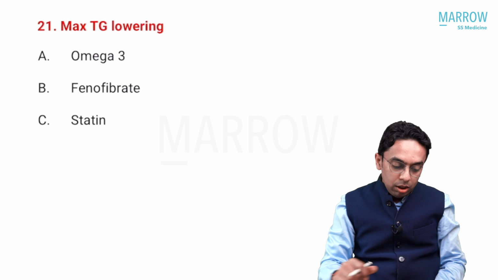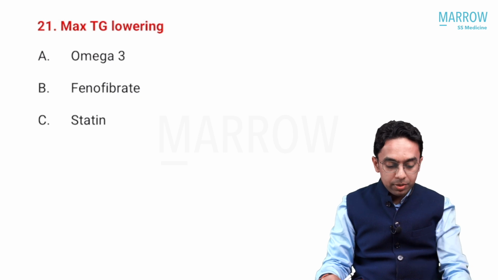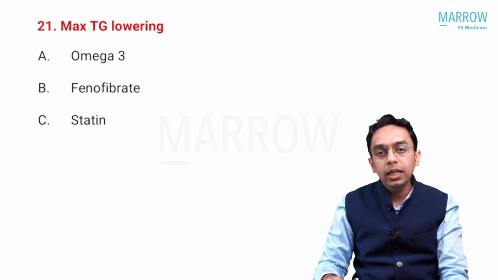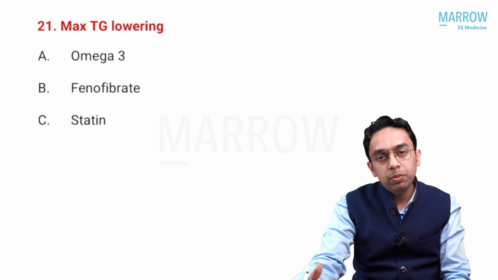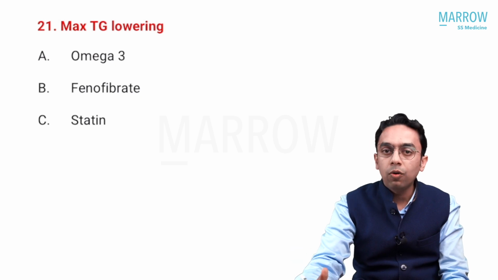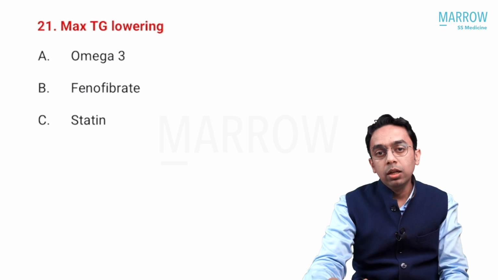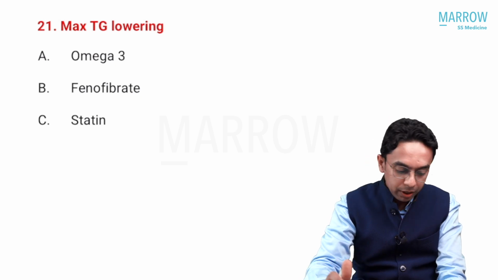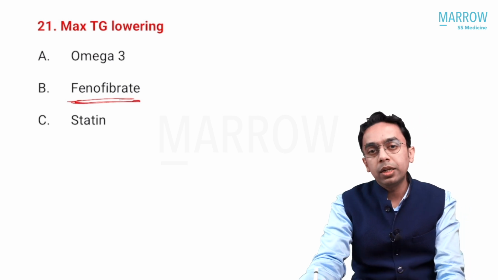Okay. Coming to question number 21. Maximum triglyceride lowering is by omega-3, fenofibrate, or statin. Again, this is slightly controversial because various research papers will tell you various things. Most of your data suggests that most of these drugs will lower triglyceride up to 50%. Okay, so we don't have any head-to-head comparison, but yes, some data is there for fenofibrate that it can reduce